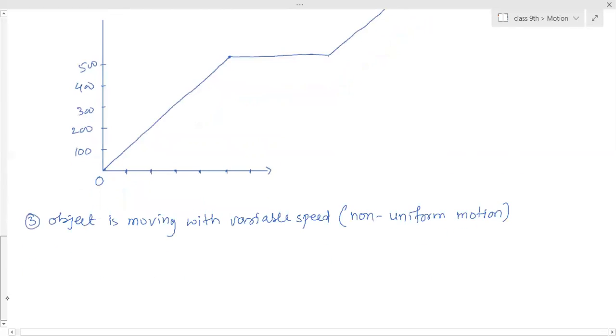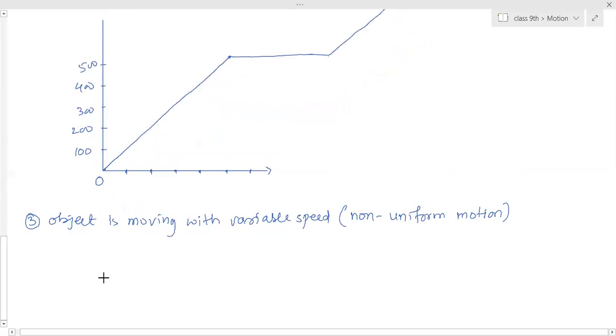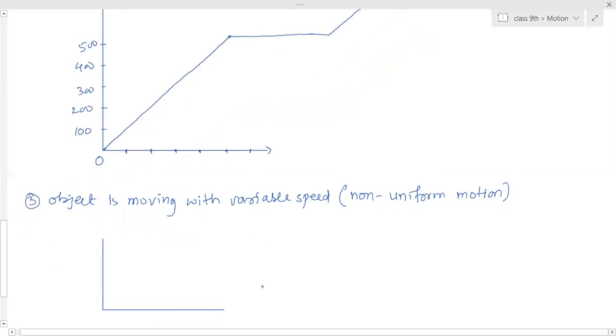In that case, you will get a graph which is not straight. It is a parabola. I have explained that part. This is S in meters. This is time in seconds. And then you will get the graph. The distance keeps on increasing, so you will get a curve which is not straight. It is moving like this. It will not be straight. It is a bent line.